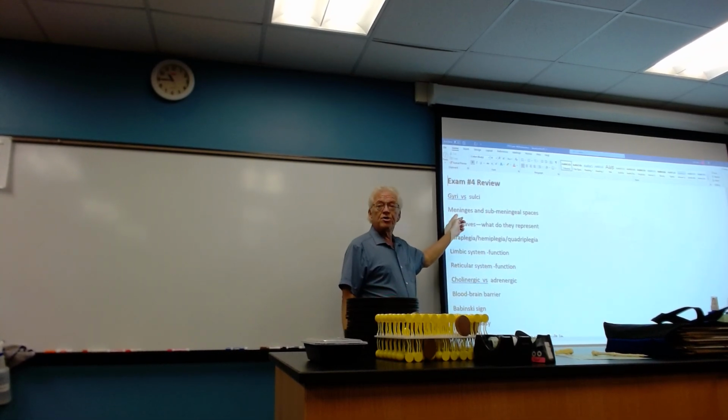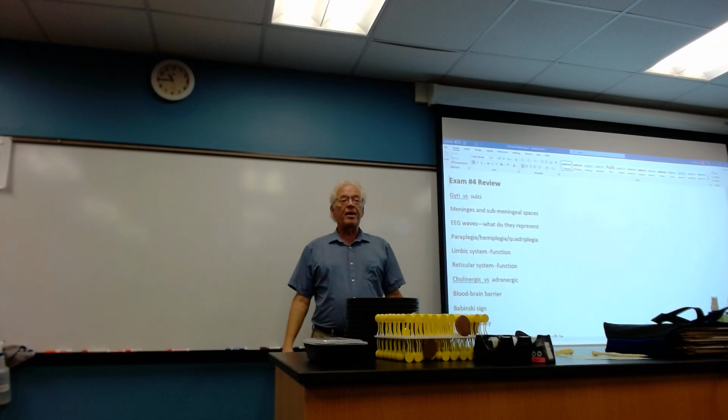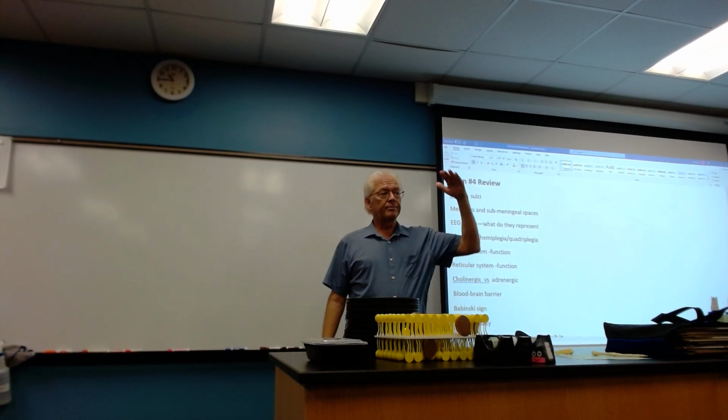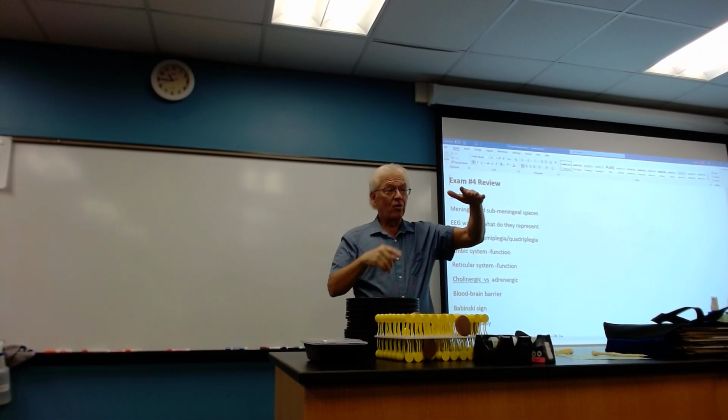What are the meninges and the submeningeal spaces from top to bottom? Dura mater. Underneath it. Nope. Subdural space. Below that. Arachnoid mater. Below that. Subarachnoid space. Below that. Pia mater. Yeah? So,